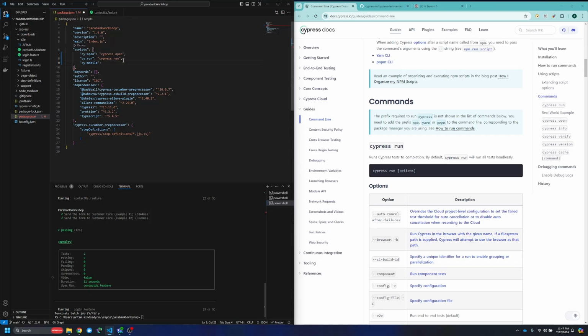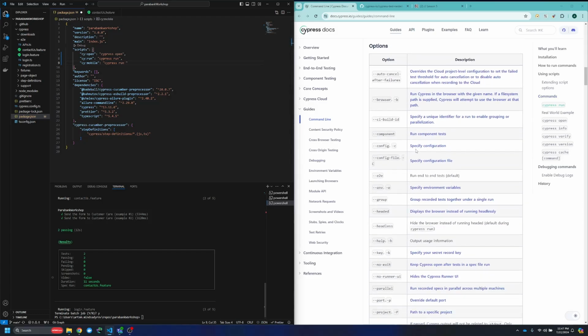Let's give the name Cypress CI mobile, cypress run headless, and let's give the option based on the documentation, this config. We add a config viewport width